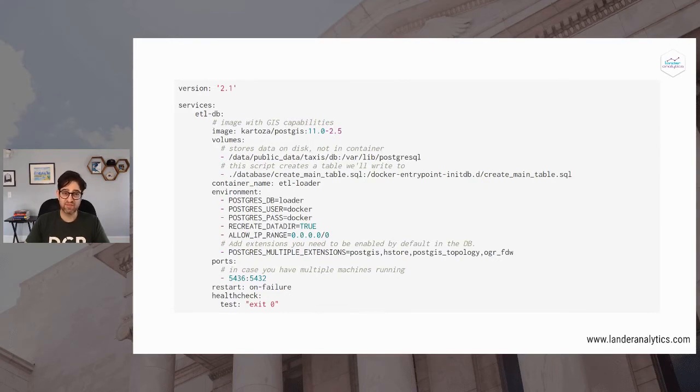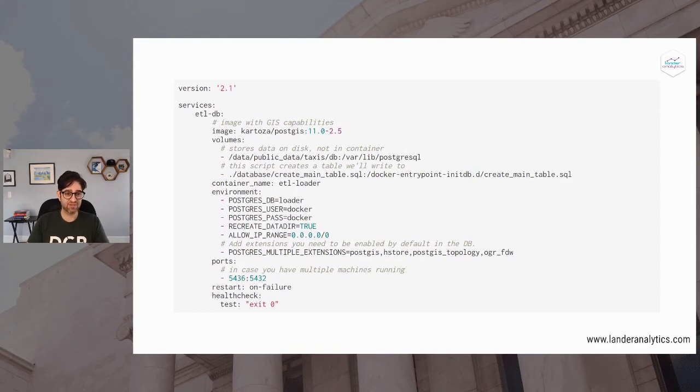I also set certain environment variables like setting a really secure password such as Docker, and I make sure there are extensions such as PostGIS and HStore and some other ones. And I declare the port to be 5436 because I have multiple of these containers going on for all my projects and they can't all use the same port.